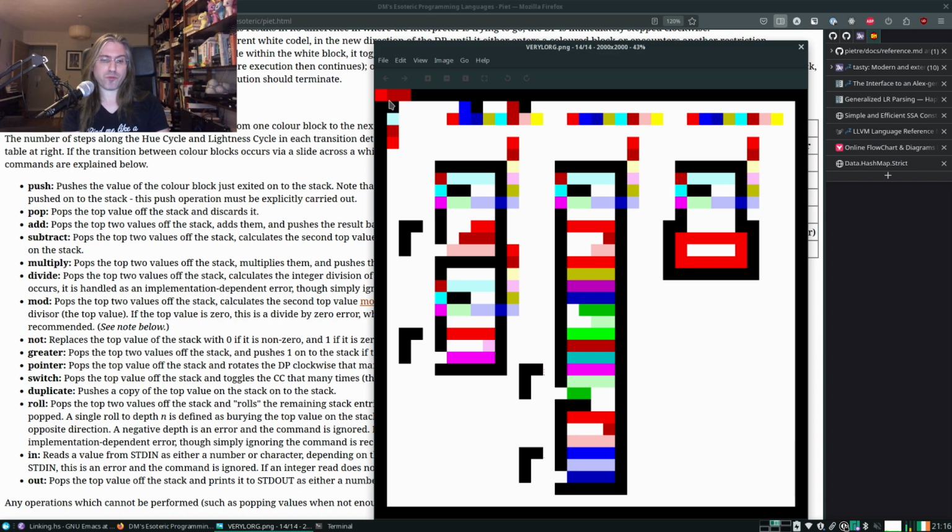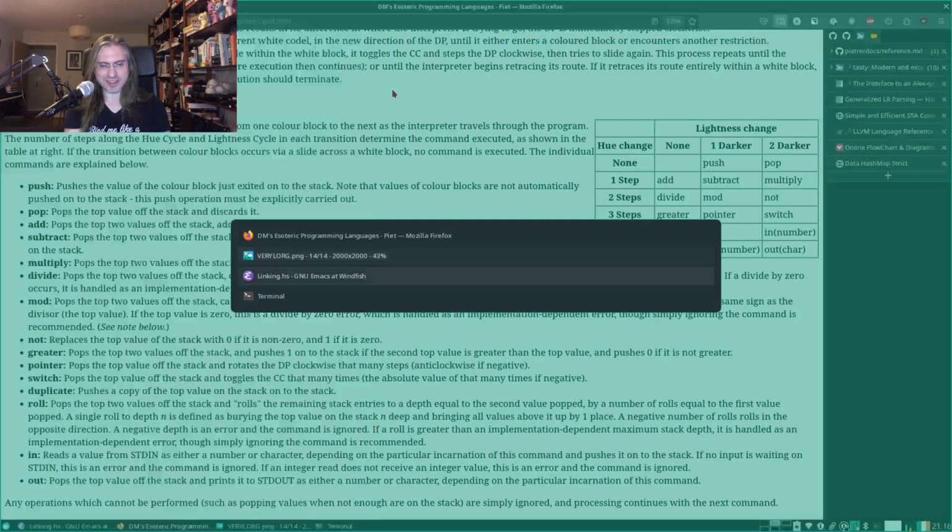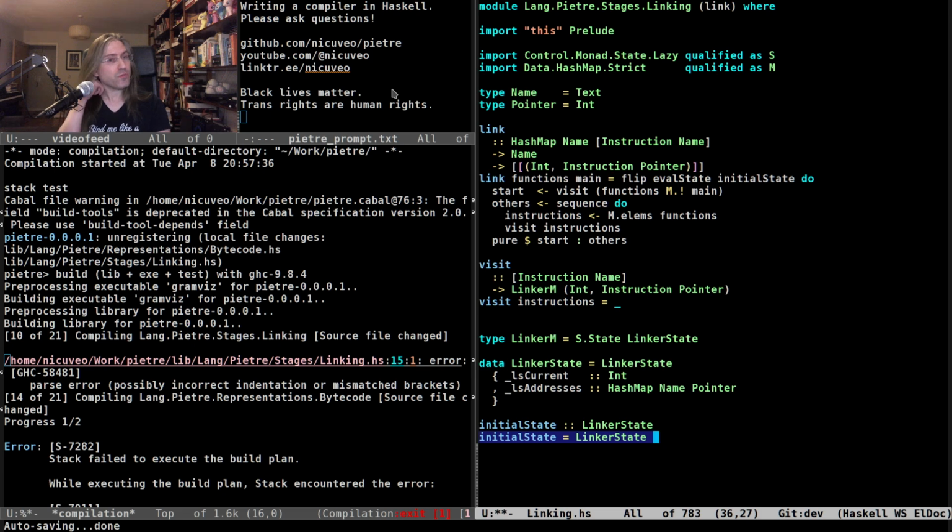And also for the start of the program, I can just do 1 push. And since the size of a push depends on the size of the group of pixels, doing a 0 push is difficult. So I think using 1 as the start address is probably easier, which means our linker state starts at 1 and our address map is empty.